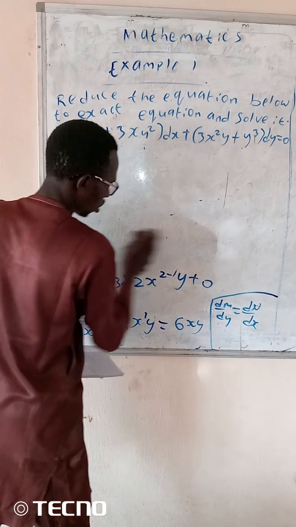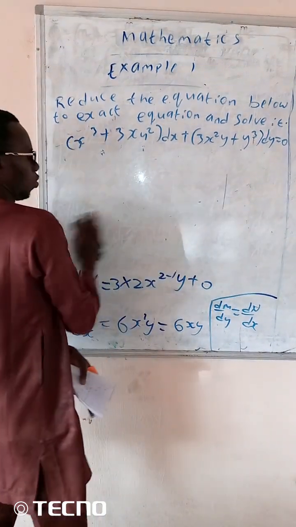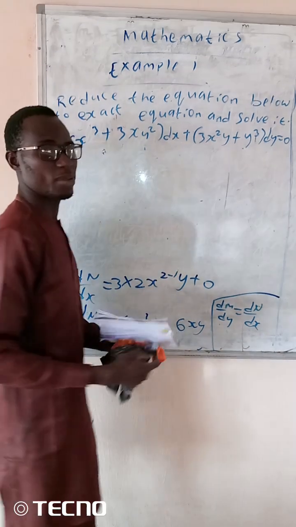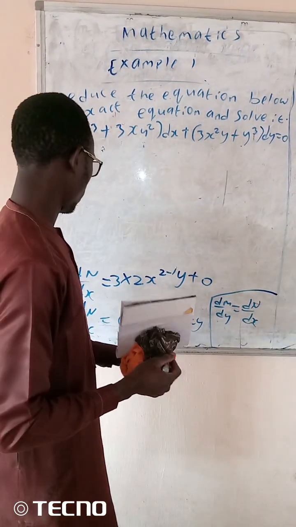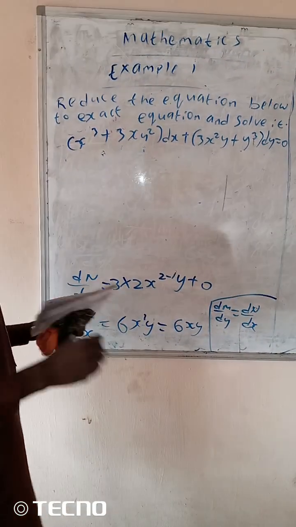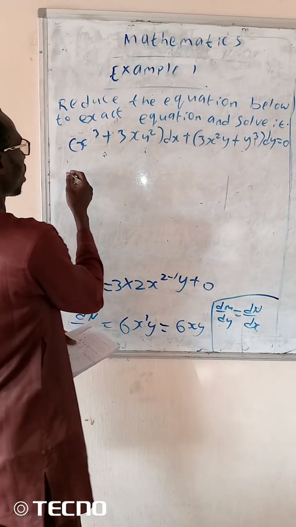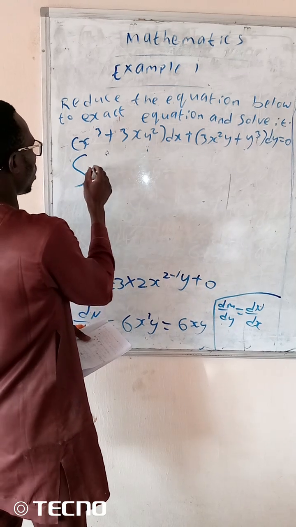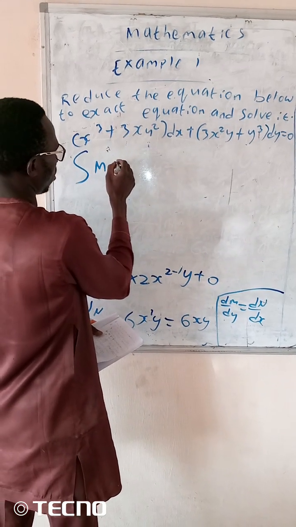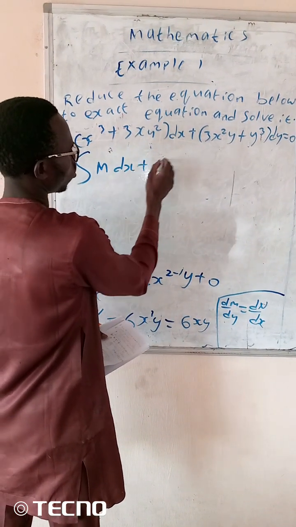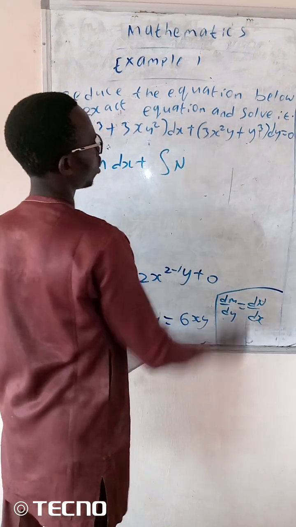So when you are solving this problem, there are steps you need to follow, so you need to follow them step by step. So now, the next thing to do is to integrate them, right? So we have integration of m dx, plus the integration of n,